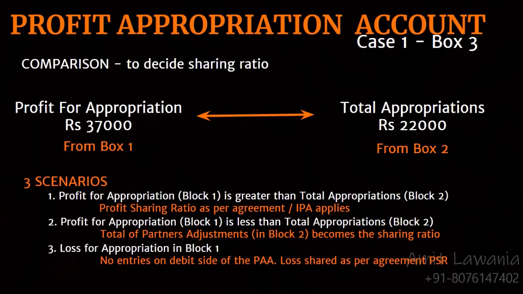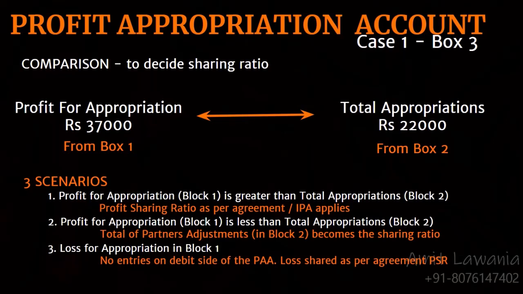And there could be a third scenario where we get a loss from box 1. That is, the box where we get the profit for appropriation shows a negative value. In this case, no benefits to the partners are entertained. Only the items on the credit side, that is interest on drawings or any transfers from reserve, will be posted in the credit side of the partnership appropriation account. Nothing will come on the debit side,